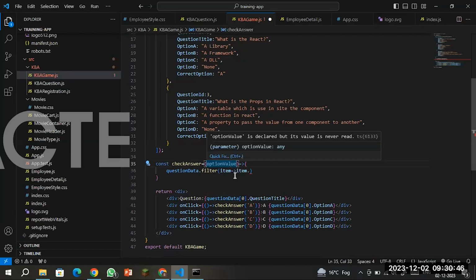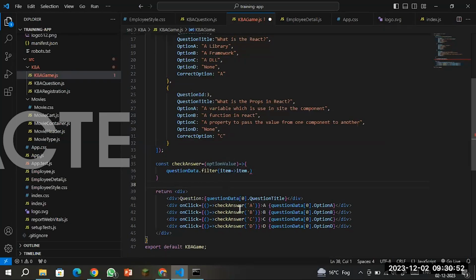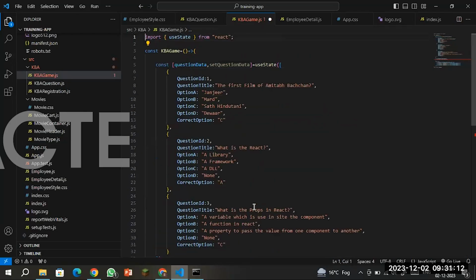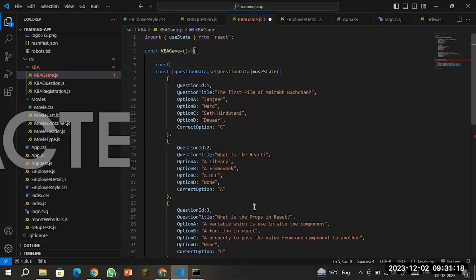Okay, so for the question number, there are two options. The first option we can pass within this function as a parameter, or we can maintain a global variable to maintain the question number in our application. So I'm going with the second approach, that will be useful for me in my game application. So I'm going to create a const variable, that is a state variable basically. The current question